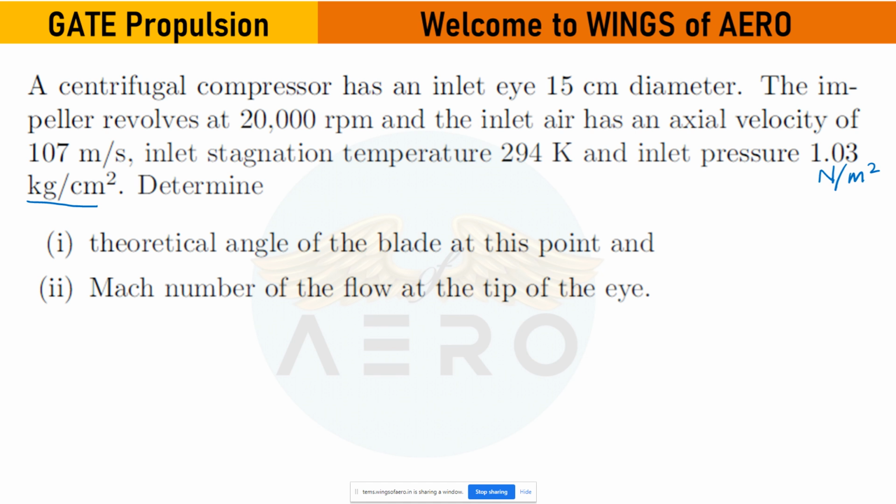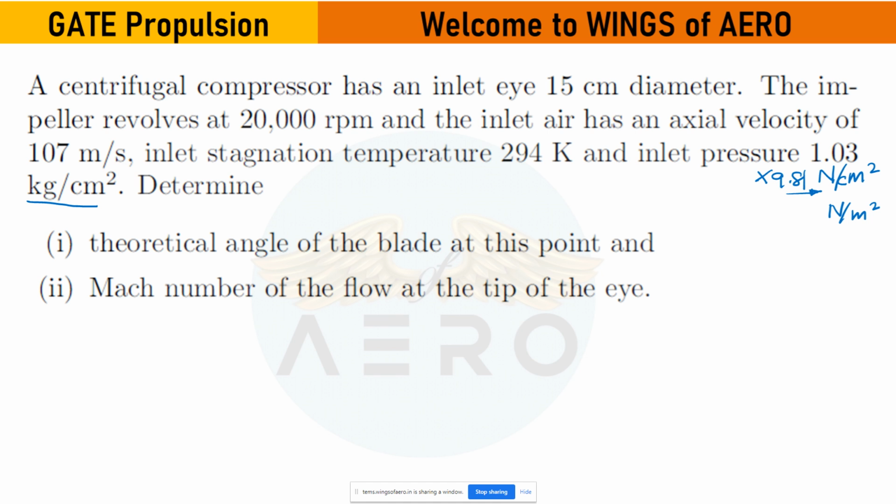That means you have to multiply 9.81 to get Newton per centimeter square. Got the point? So you need to multiply 9.81, so you will get Newton per centimeter square. So that you need to convert again to Newton per meter square. Alright,